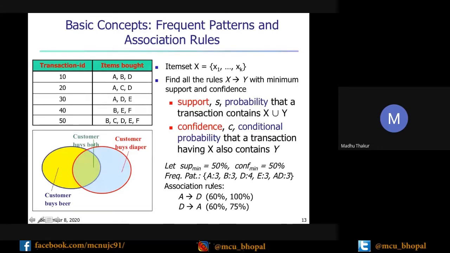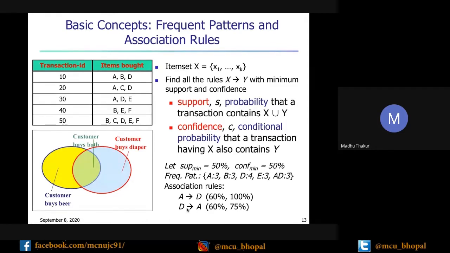Similarly, suppose we see the reverse rule, D implies A. Again, how can we calculate support? Where D and A are purchased together. Again in 3 transactions A and D are available, that means 3 by 5 into 100, that is 60%. But now the confidence will change.